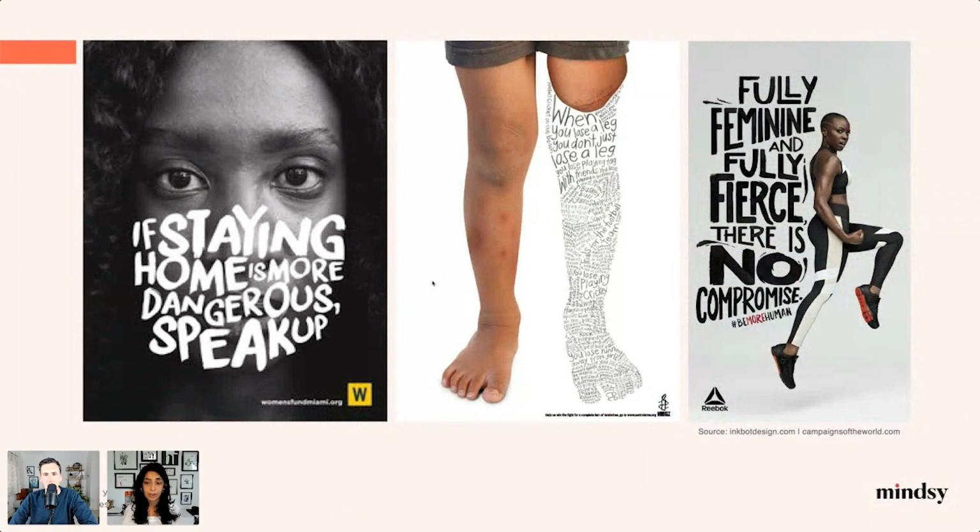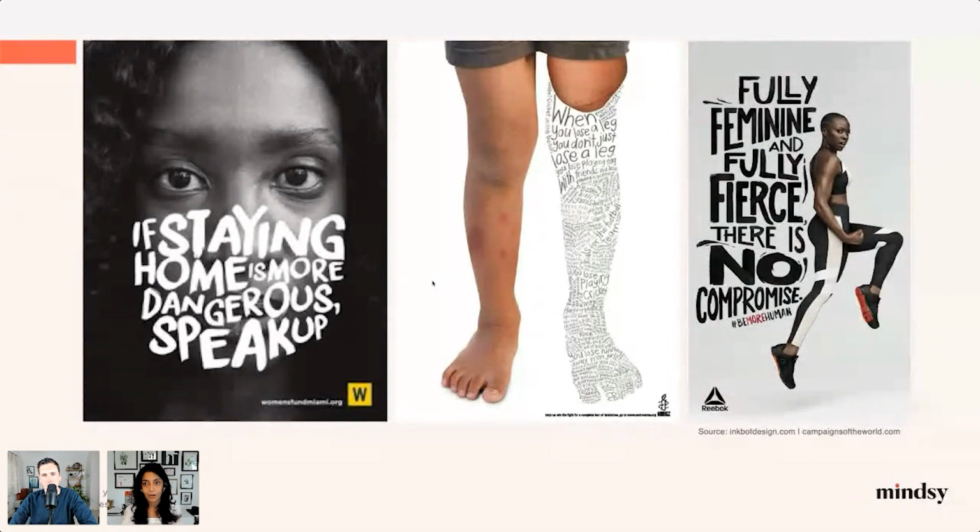And in the middle, you see, "When you lose a leg, you don't just lose a leg." There is so much emotion, especially using different tones of gray shades and different sizes of the type, and filling up that lost leg space with the typography. It fills up the blank, but it creates emotion within you. It creates that pain within you. It creates that sense, so it can impact people's minds.